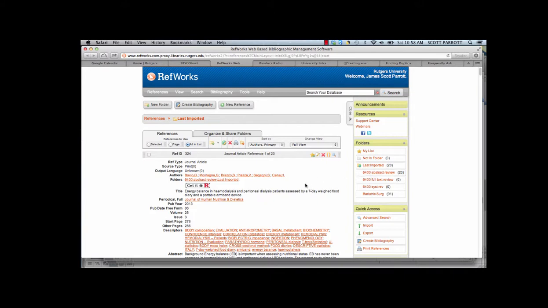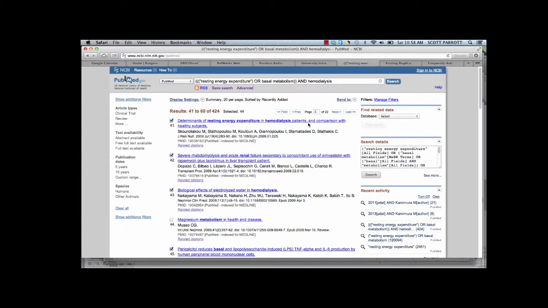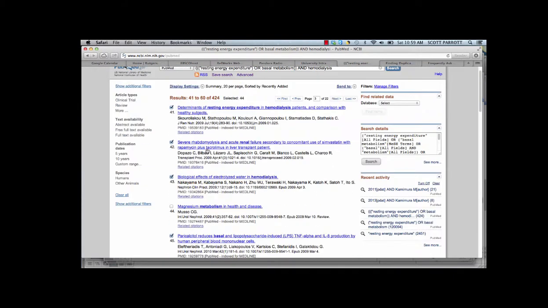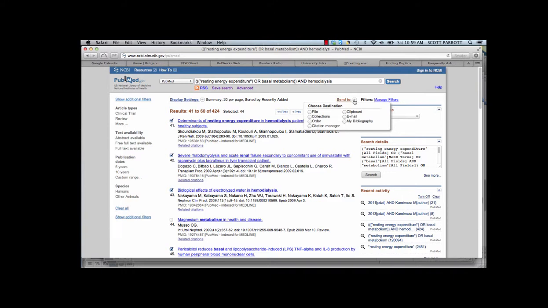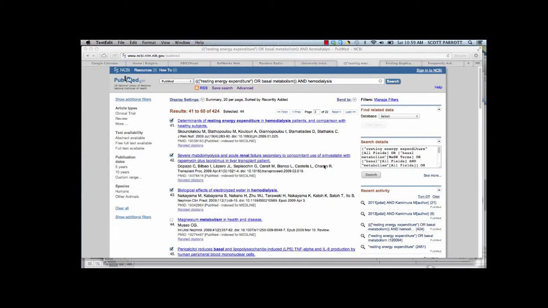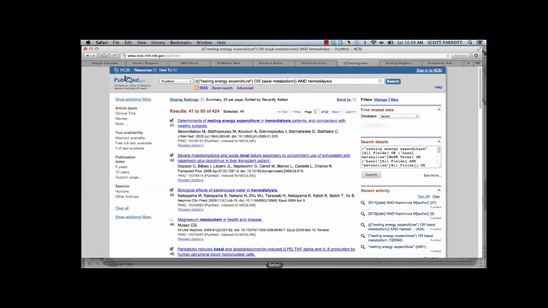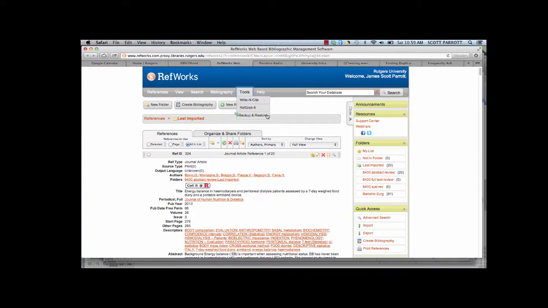Now I also want to import the resting energy expenditure searches from PubMed. So what I do is I go down, and based on titles I select the ones I want, and then I'm going to do Send to, File, and then I'm going to choose, you see there are different selections, I'm going to choose Medline, then I'm going to create that file. Boom, it just saved it there and opened it. Okay, and so now I'm going to go back to RefWorks, and I'm going to click Import,